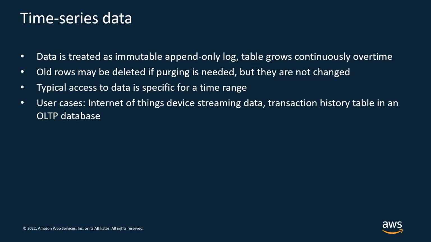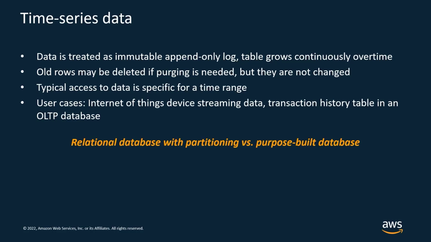Many organizations need to store time series data. Some organizations have data streaming from a fleet of Internet of Things devices. Others may have a single table of time series data, such as a transaction history table in an OLTP database. When it comes to choices of database for storing time series data, both relational databases like Amazon RDS for Postgres